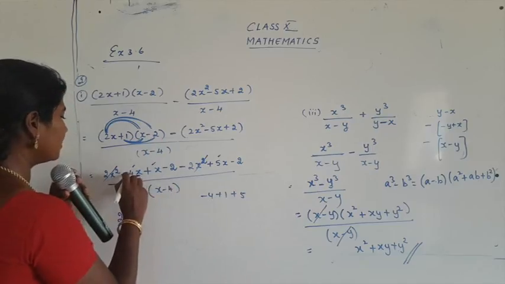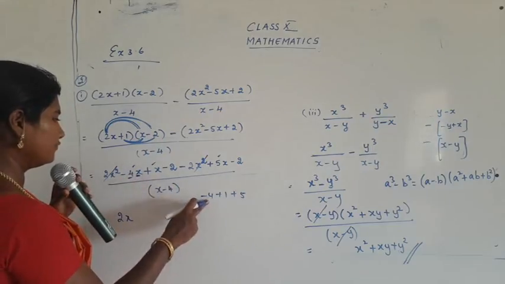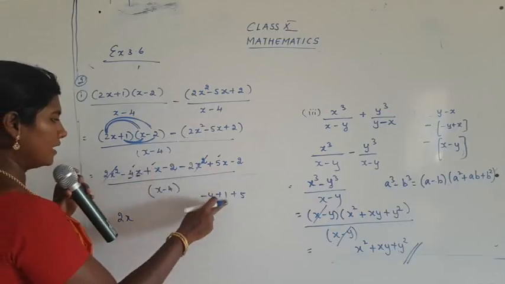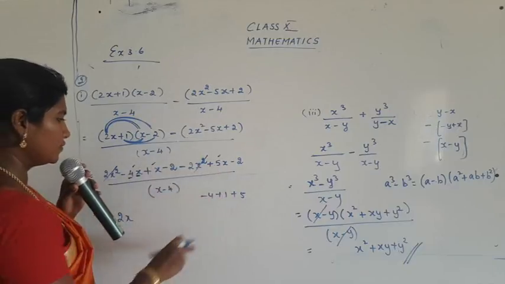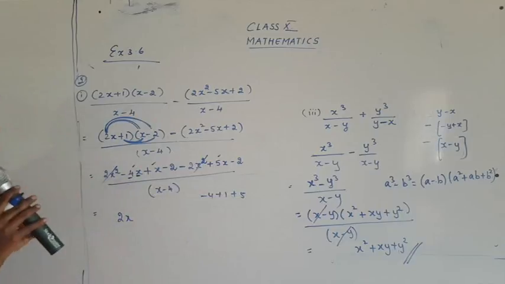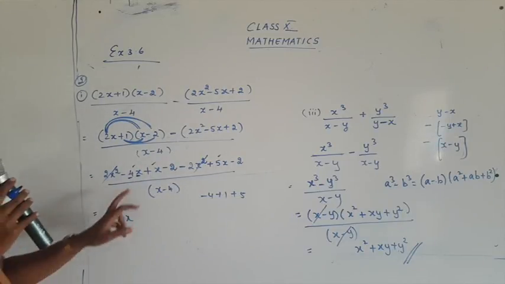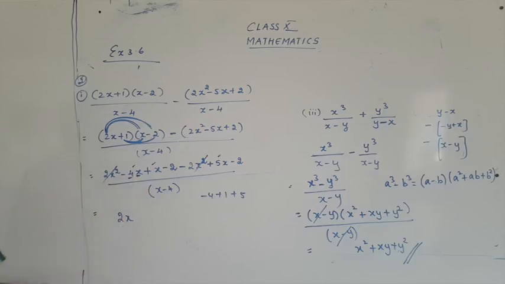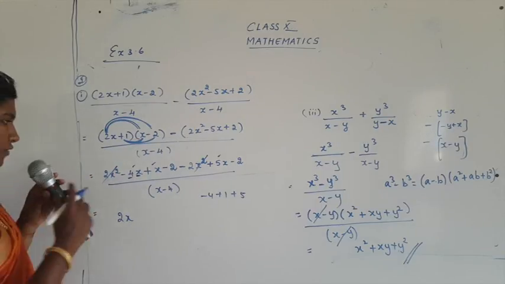Simple, yes, I have just taken all the coefficients. So I have got minus 4. The coefficient of x is 1. Here the coefficient of x is 5. So when you just simplify it, 5 plus 1 gives you 6. 6 minus 4 gives you 2. The variable used over here is x. So I have got 2x. So now we have seen x square terms, we have seen x terms. Now only the constant term is left out. Let's go for the constant term.